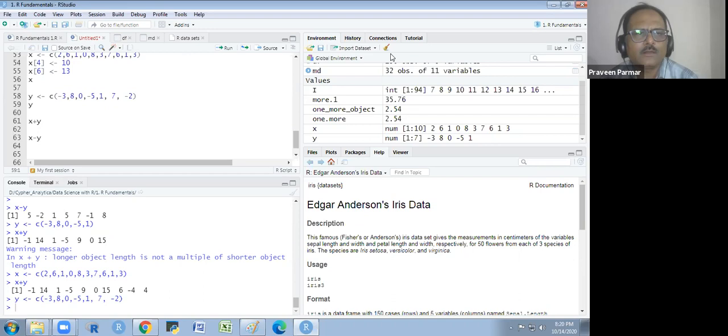And I want to know y is greater than 0. This is a logical response I will get. And now we have different values, minus 3, 8. Some are greater than 0, some are less than 0, one is equal to 0 also. So I'm asking y is greater than 0, so it will respond with true and false.